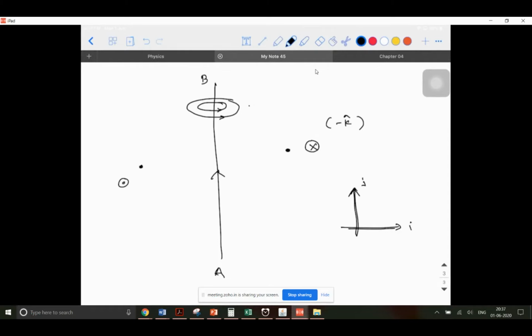So this is one of the problems. We concentrated on Biot-Savart law alone. Next, what we are going to learn is the applications of Biot-Savart law. Applications in the sense we will see different kinds of current carrying conductors having different shapes. If it is a straight conductor, what is going to be the field? If it is a circular conductor, what is going to be the field? That is what is given here.